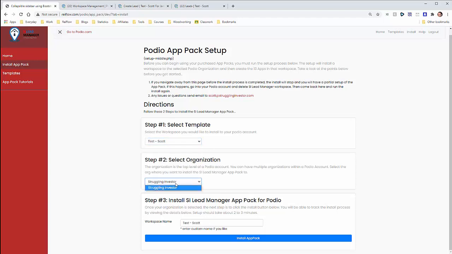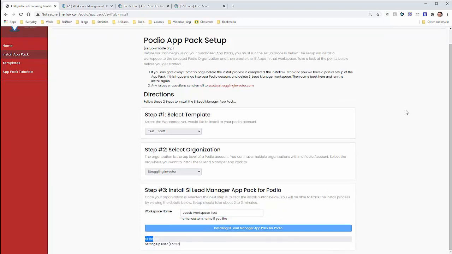The organization, I only have one, struggling investor. If there's more, you can select from any of them. These are the only ones that you're admin of. So if you're not an admin, it won't show up for you. And then we'll give it a new name. And install. Now it goes through creating the workspace, adding the member that I have, the special member that is